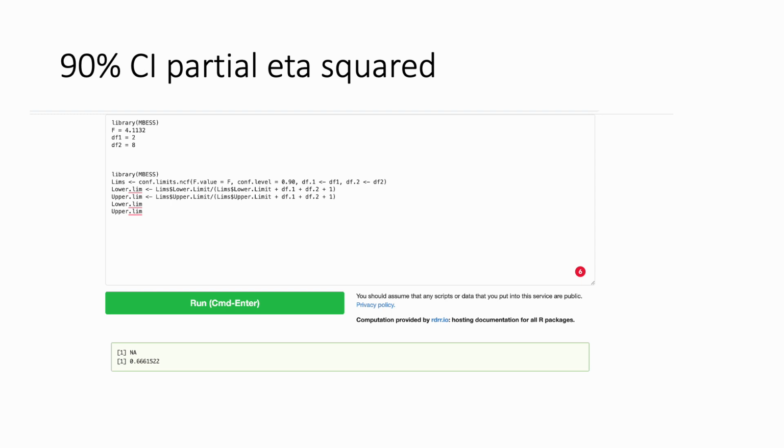My lower limit is technically negative. That's why it's showing up as NA, but you can just put it in as 0, right? That's actually the smallest, like it's less than, you can't have negative percentage, right? It's not going to give it to you. Right? So it just wouldn't make sense. So 0 to